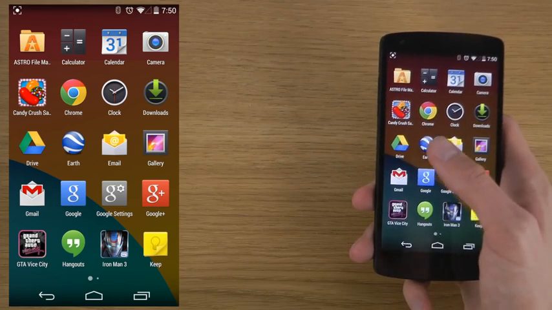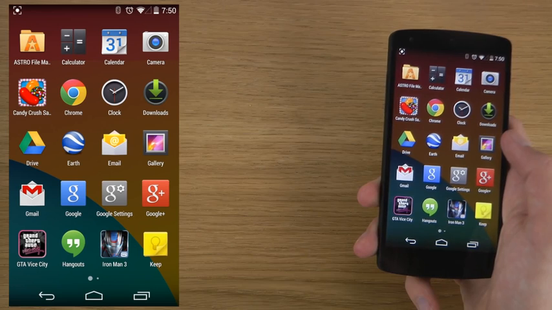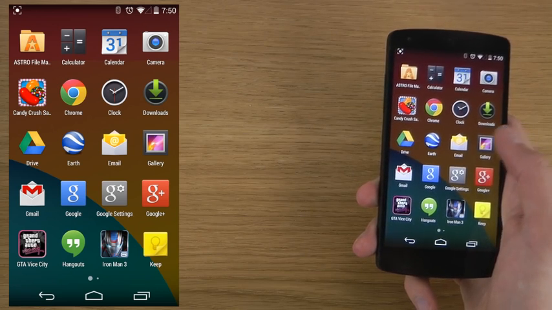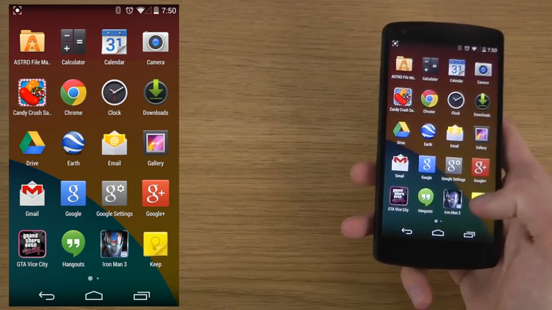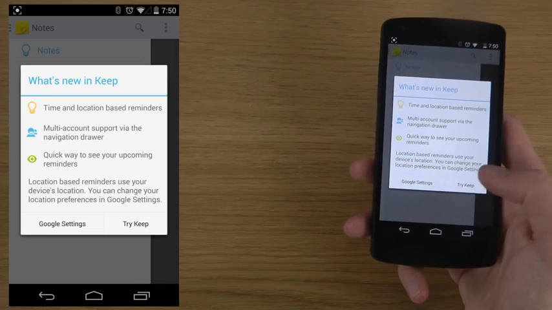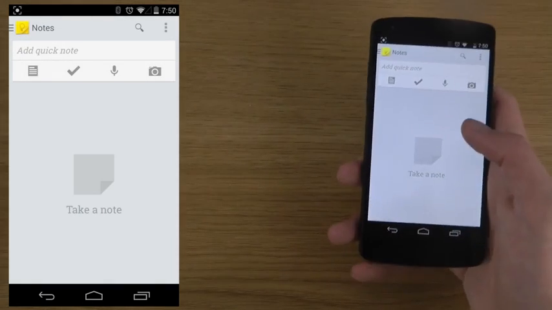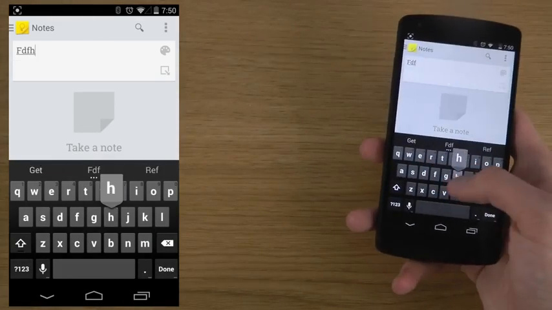You do have Google Earth and Google's own Google Drive, which is of course amazing if you want to store stuff in the cloud, and you get all of these things like Google Settings. A lot of focus here on Google, which is pretty nice. Keep, or you have a reminder app here, which actually looks pretty amazing as well. So you can add a quick little reminder,